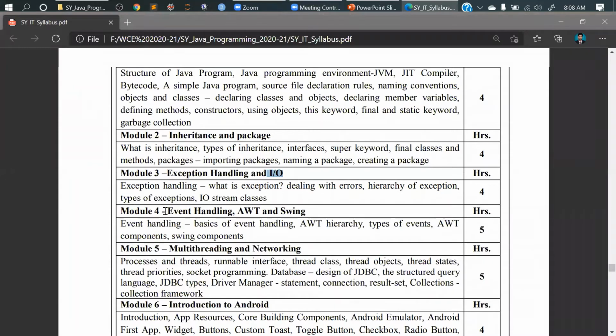You have not created any labels, text boxes, buttons, check boxes. That is the part of AWT and Swing. Based on these components, you are going to handle different events. And the most important concept is multi-threading and networking. You require database, socket programming, and multi-threading. All these will be covered in this module.